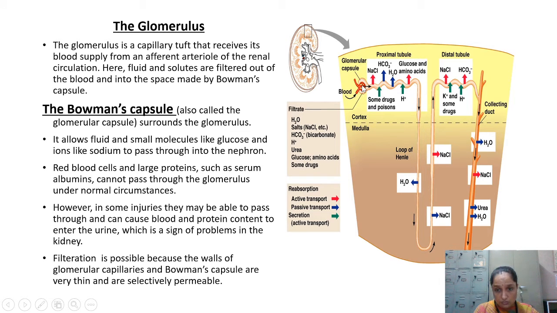तो ये ग्लोमेरुलस से निकल करके सारे सब्सटेंसेस लाइक अमीनो एसिड्स, here it is given. ये जो अल्ट्रा फिल्ट्रेट जिसको हम बोलते हैं द प्रोसेस ऑफ अल्ट्रा फिल्ट्रेशन, the filtrate contains water, salts, bicarbonates, hydrogen ions, urea, glucose, amino acids, some drugs came.